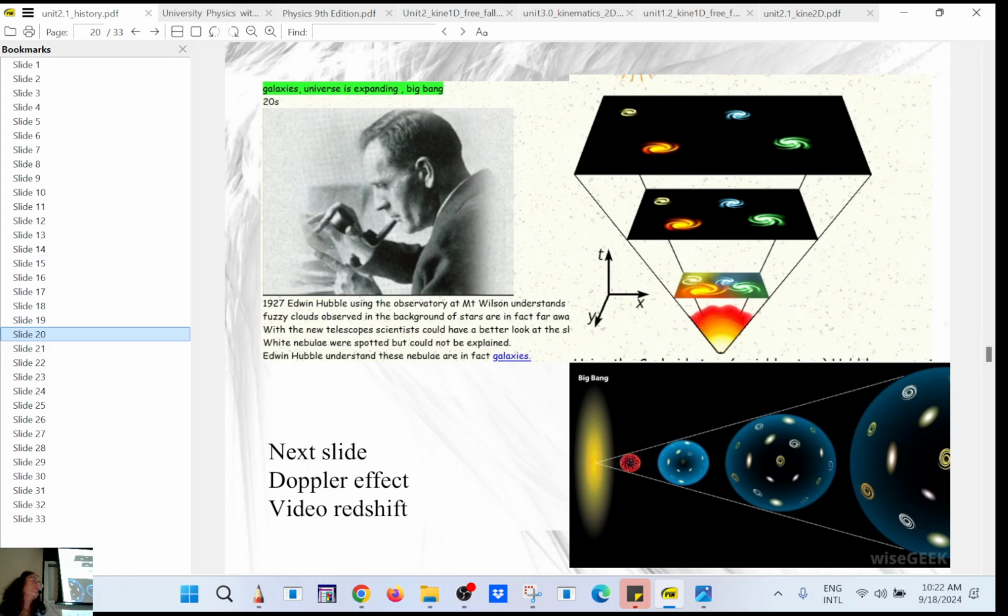And that's how the police officer can tell how fast you go. They have a special gun, right? So they send out ultrasound. The ultrasound will reflect from your car, and because there is a shift in frequency, they know how fast you are going. So it's because of the Doppler effect, right?